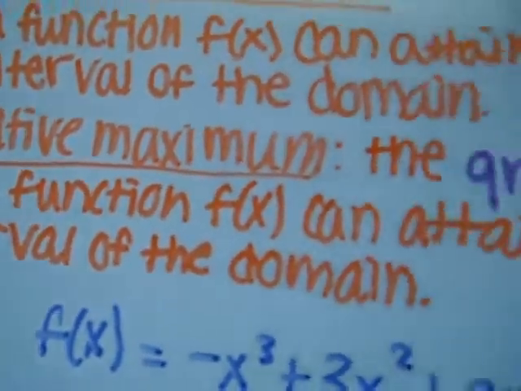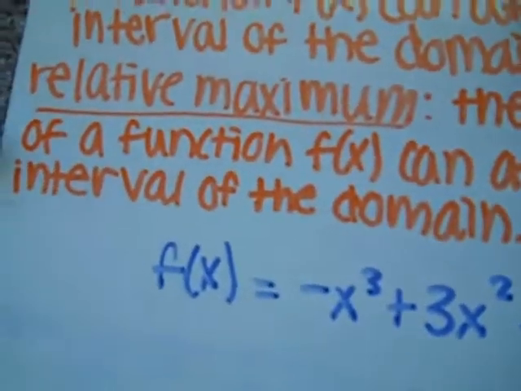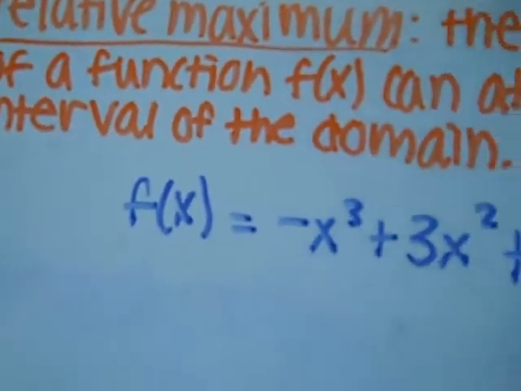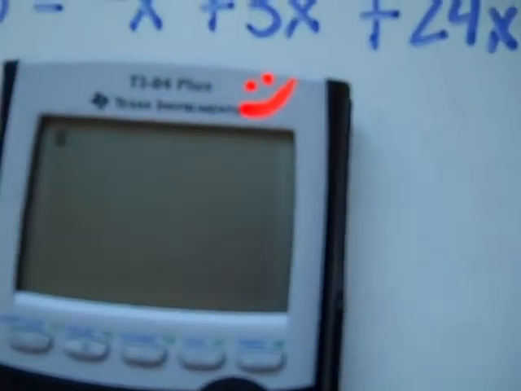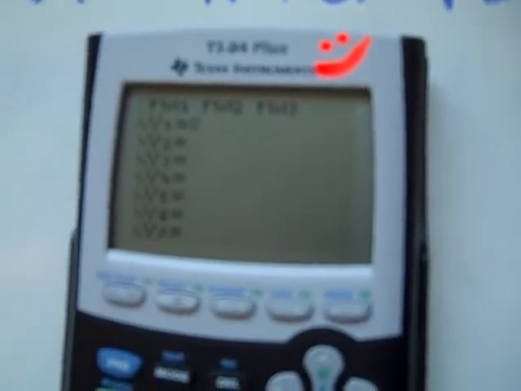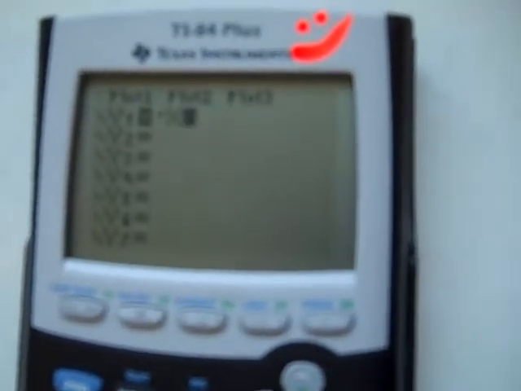The relative maximum is the greatest value of a function f of x can attain on some interval of the domain. So to begin this problem, you're first going to enter the equation into your calculator. So you're going to go to y equals and then enter in the equation. So you're going to type in negative x to the third